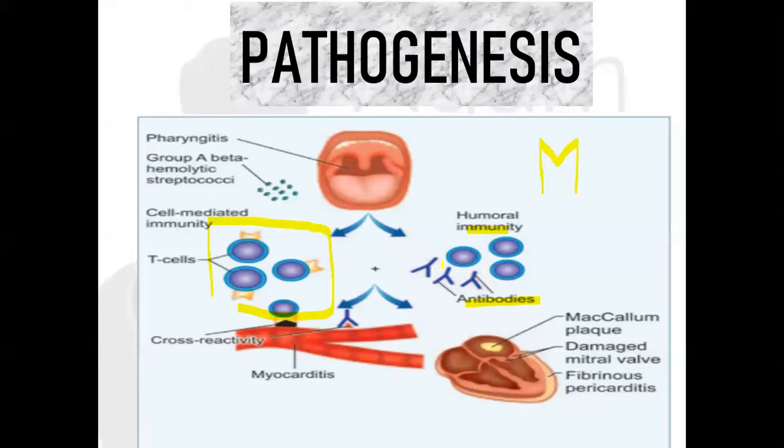Similarly, the T cell, which is the cell-mediated type 4 hypersensitivity reaction, is mainly because of the CD4 plus type, wherein it is going to activate some cytokines and macrophages that act on the glycoproteins present within the cardiac muscles also. So ultimately, it is going to attack the cardiac muscles. Okay, so we'll keep it that simple. I hope you understood the pathogenesis, mainly because of group A streptococci pharyngitis.